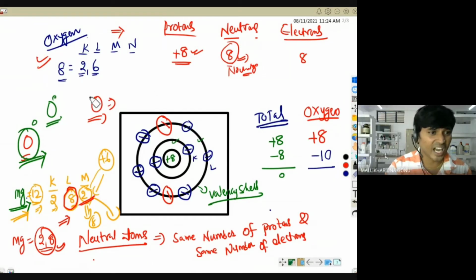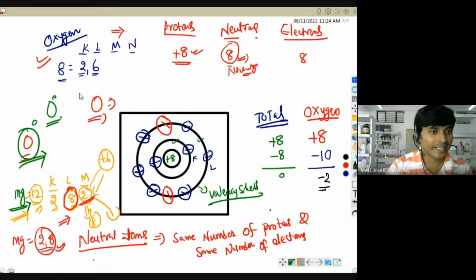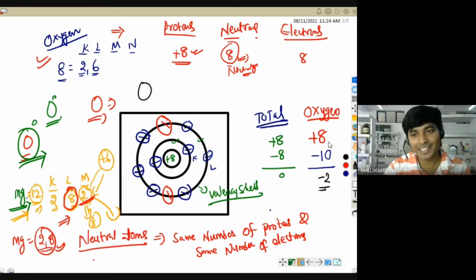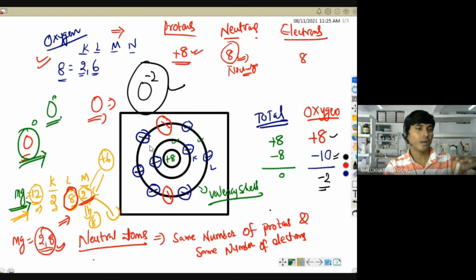So what is the charge on the oxygen now? Sir, 8, sir. ऑक्सीजन के ऊपर क्या चार्ज लिखना है मुझे अभी? नेट मैंने कैलकुलेट किया +8 -10. सो टोटल सर -2. -2. सो कभी भी आप वो -2 देख रहे हैं, whenever you are seeing the -2 on the oxygen, that means that it is having the extra 2 electrons. Okay, Shraddha?